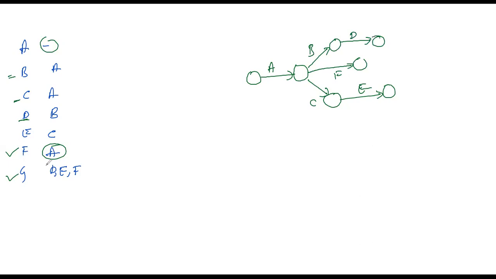Now see here. If you want to start activity G, it needs D, E, F. D is here, E is here, F is here, so all 3 activities have ended at different nodes. So what we can do is combine them into a single node. I'll show you how we can end them. So just eliminate this.